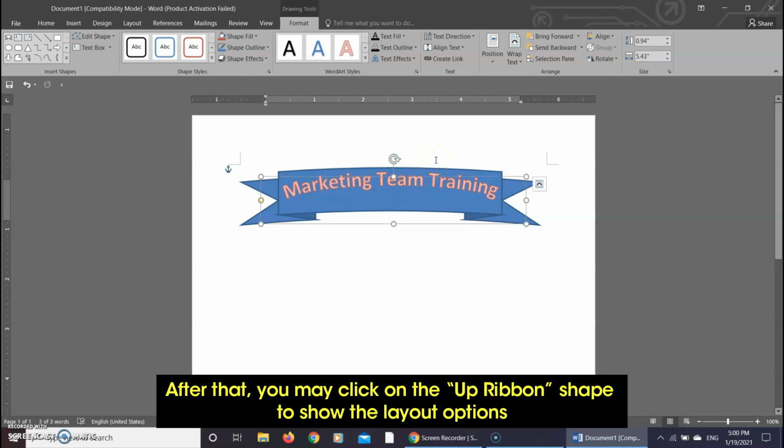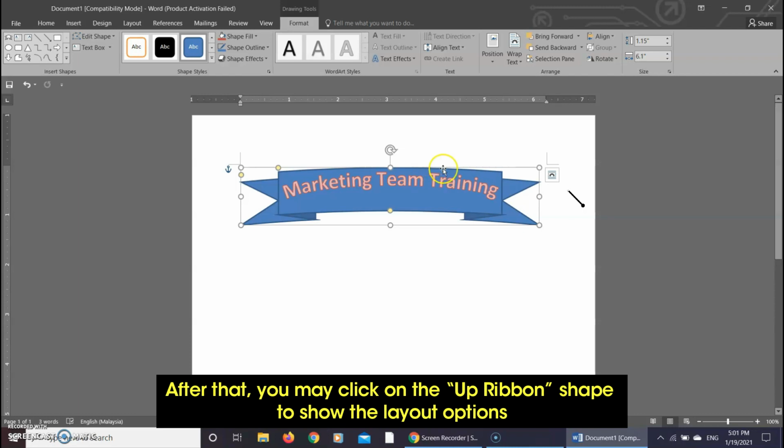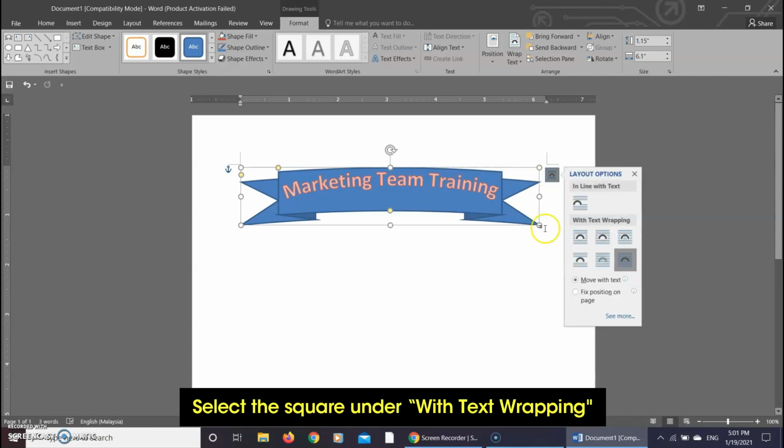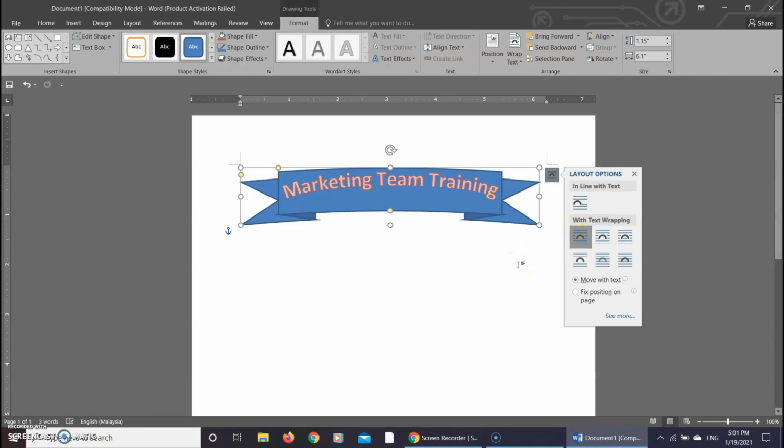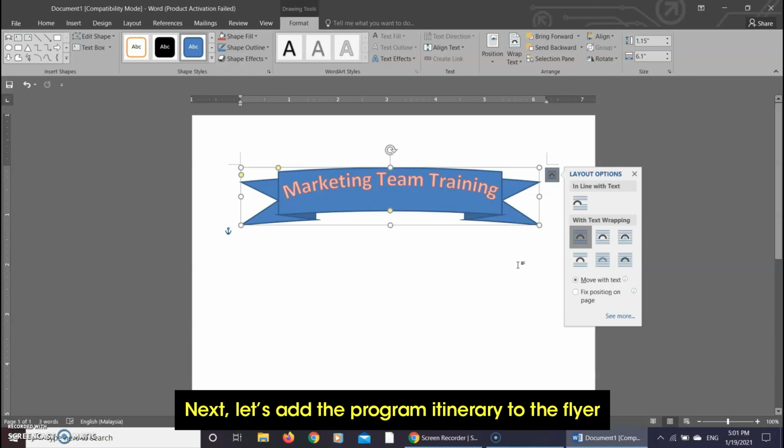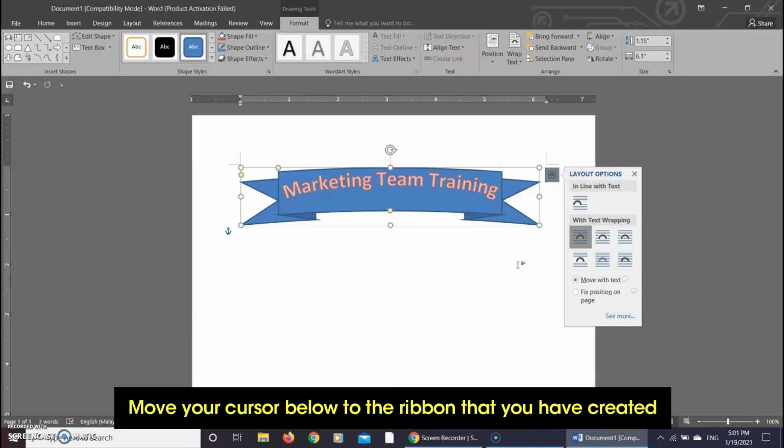After that, you may click on the up ribbon shape to show the layout options. Select the square under With Text Wrapping to avoid overlapping of text and object in your flyer. Next, let's add the program itinerary to the flyer. Move your cursor below the ribbon